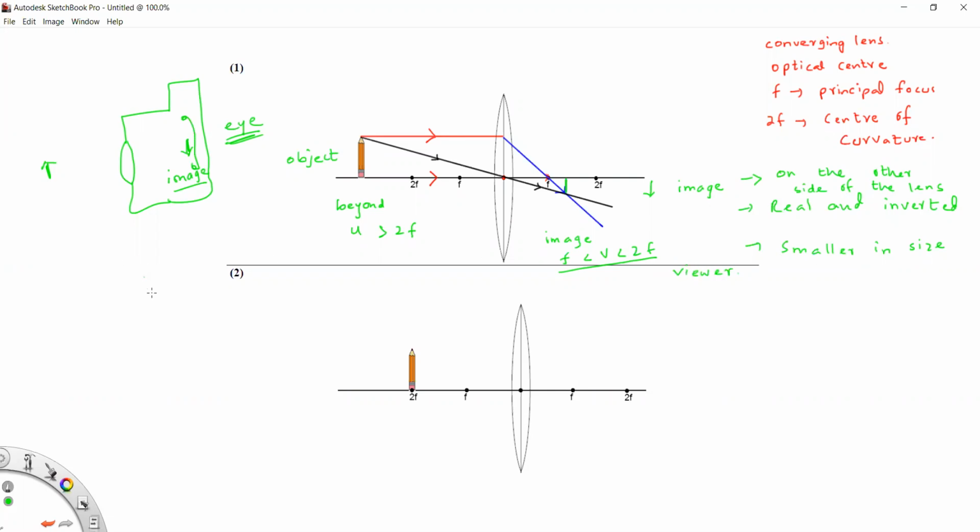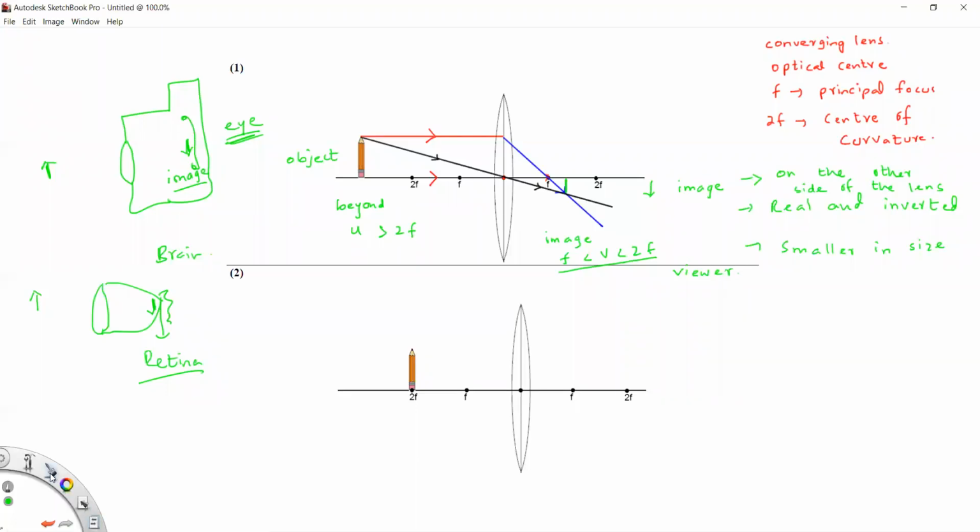Okay, sir. Let's talk about the human eye, for example. This is the lens and this is the retina. You must have heard this term, retina. All the images formed by the human eye are created on the retina. If this is the object here, you see this. This is connected to the brain through nerves. Do you get this?